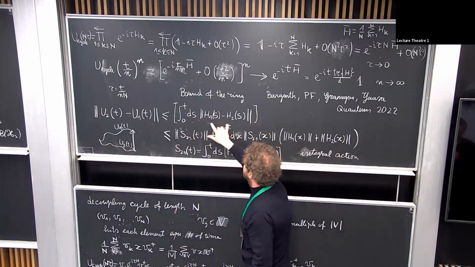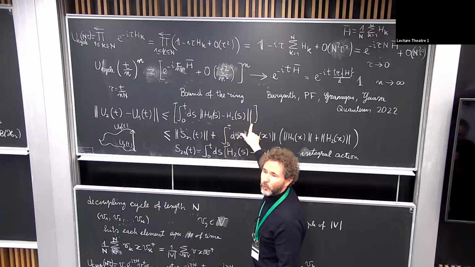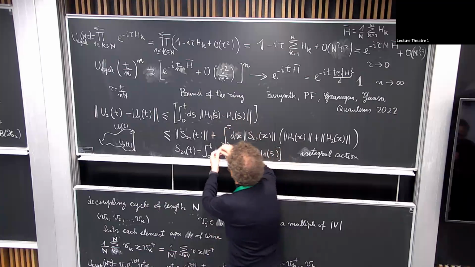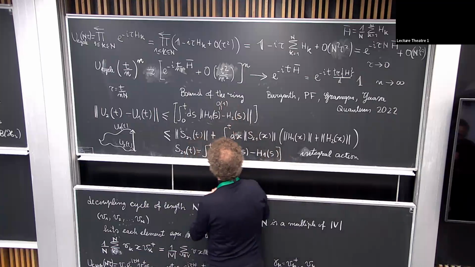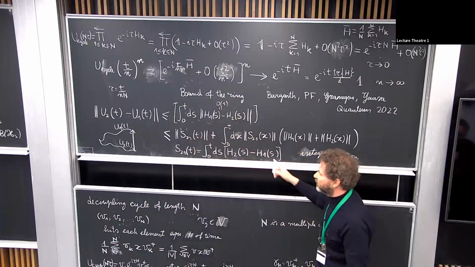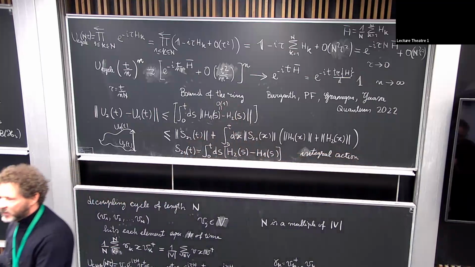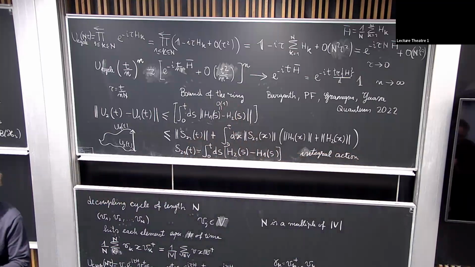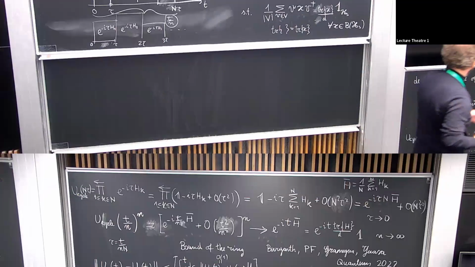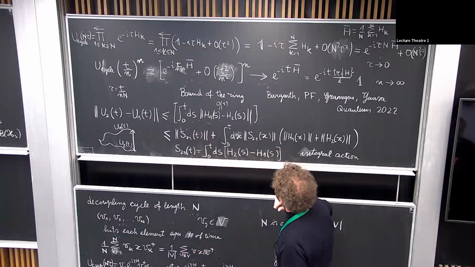So it can happen, and this is exactly the case, for example, for Trotter, that this quantity is of order 1. However, this quantity, due to compensation, is of order 1 over n. In fact, this is the usual idea. You can have an integrand function which is of order 1 but is fast oscillating. When you integrate it, the integral is of order 1 over n. This is exactly that idea. So essentially, this is the one bound, the bound of the ring.